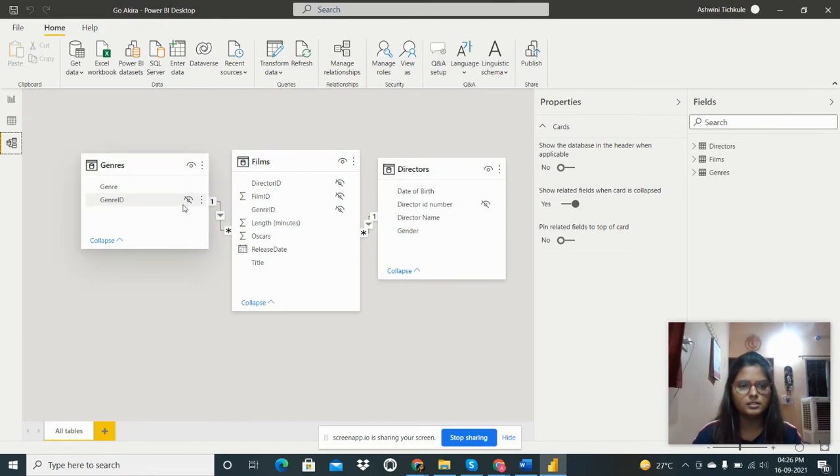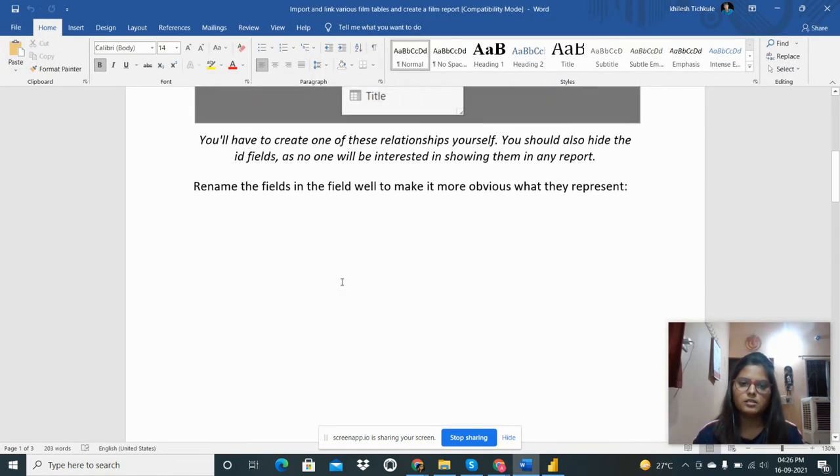I have done this. So we need to connect this genre ID to this genre ID. So this is between genre ID and genre ID, and this is a one-to-many relationship. Okay, and then also director ID to director ID. I have done this relationship among these tables, and then what I need to do is